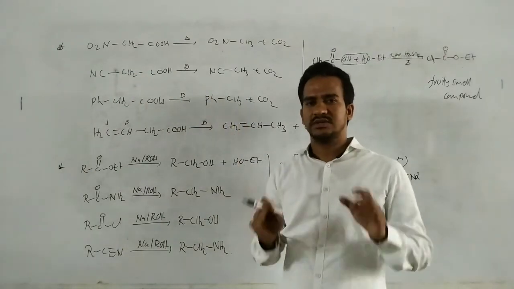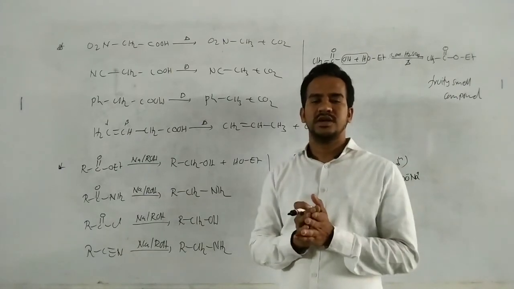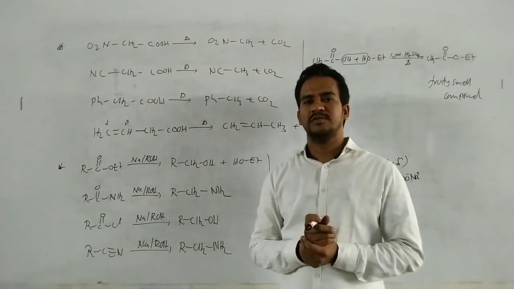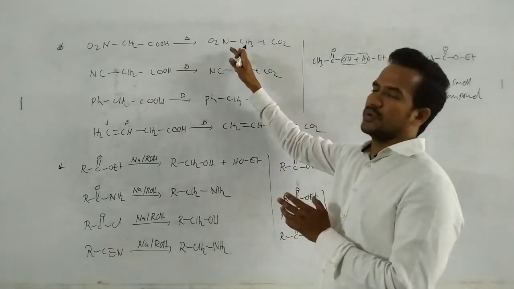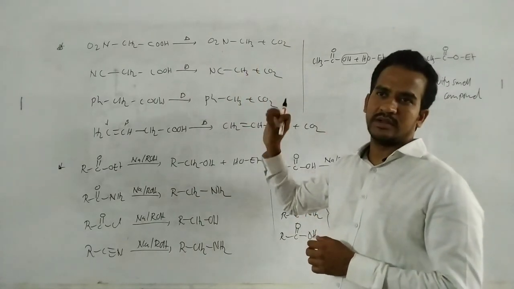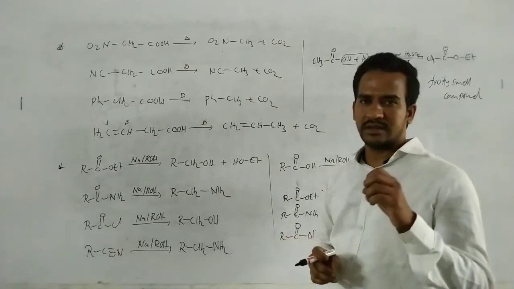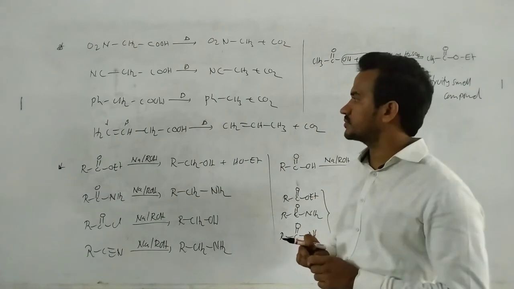Mechanism: this mechanism also involves a cyclic transition state. That means through the cyclic transition state, just movement of the electrons takes place by the breaking of the pi bonds. Here we will get the compound by the removal of CO2. Okay, you can write the mechanism, try yourself. Just like the beta keto acids and dicarboxylic acids, here also the mechanism takes place.